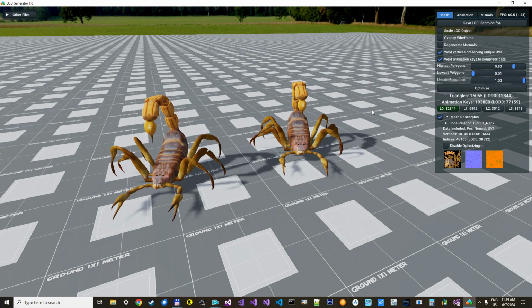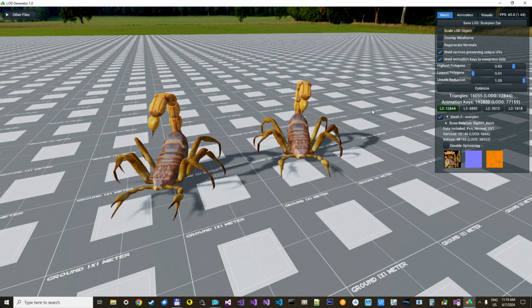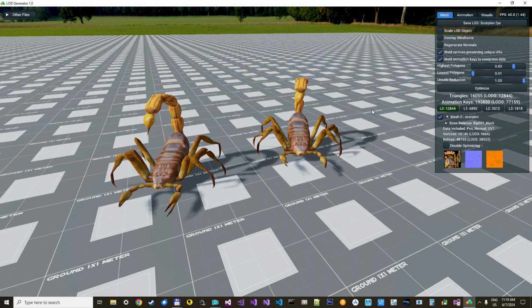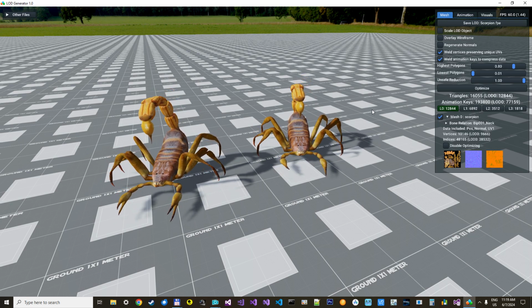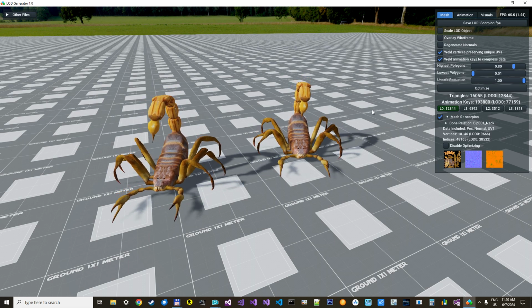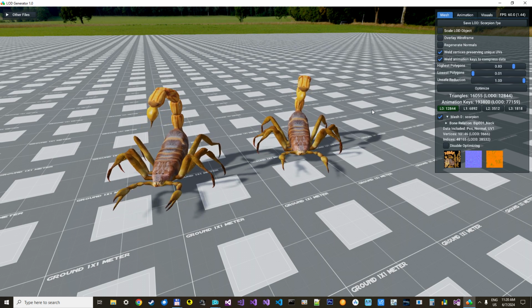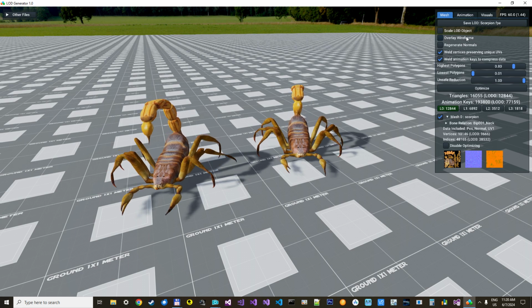Today I just finished the LOD Generator 1.0, and today I'm going to show you what is new in it, all the new stuff I added. First, we can just see we now have an overlay wireframe